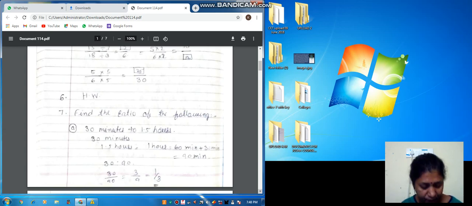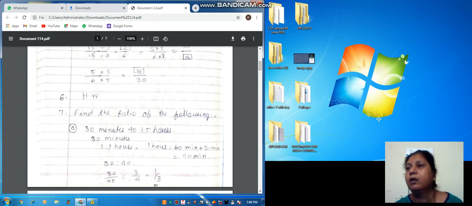Okay. Next, 30 minutes to 45 minutes. By reading the example you can say 30 and 45 both are in the table of 15. So you can divide 30 upon 45, that is 30 divided by 15 and 45 divided by 15, we get 2 upon 3. Get it? Okay, so it is a very easy example. Solve it properly. Okay, so let's start the seventh one.